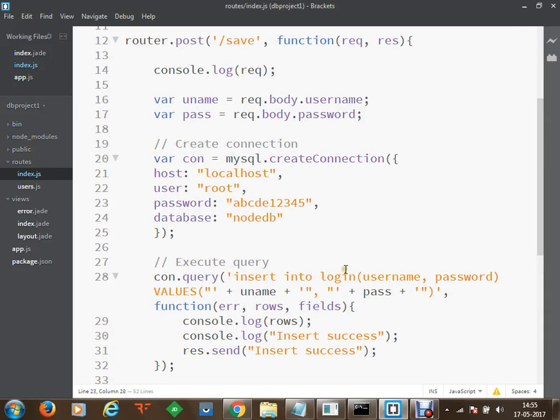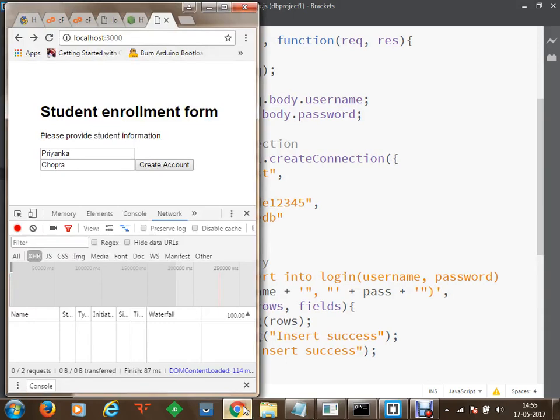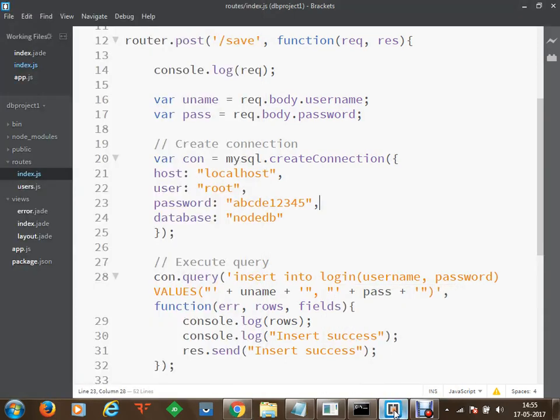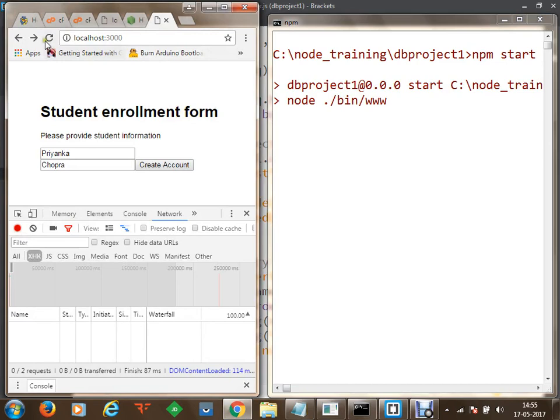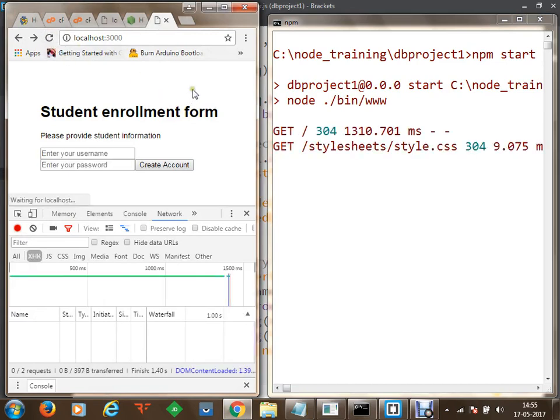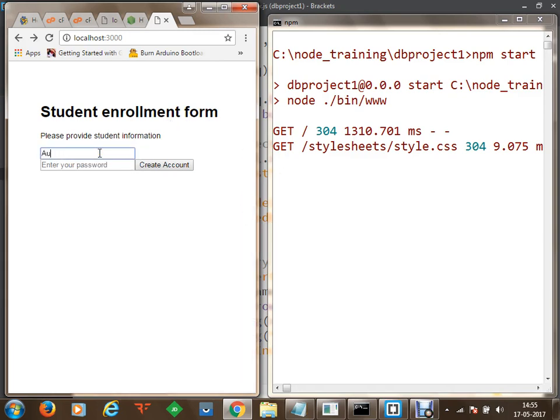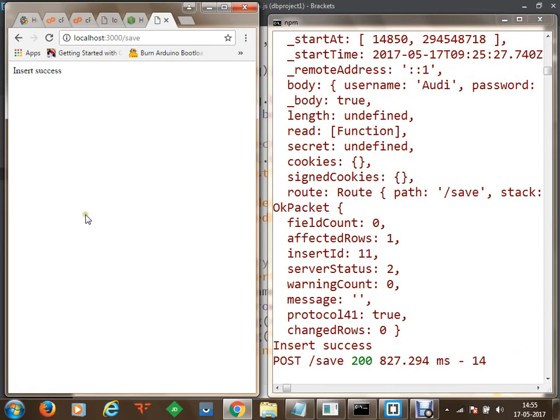Once the files have been saved, now what we can do is, we can proceed to the browser. We can start our project again. We can use npm start. Once we have started this project, we can go to the browser. We can send a request back to the server. Once the information has been received, now what next we can do is we can provide some information. Let's say I'm going to provide something like Audi, BMW. So now what we'll do, once we send a request from here, so a request has been sent.